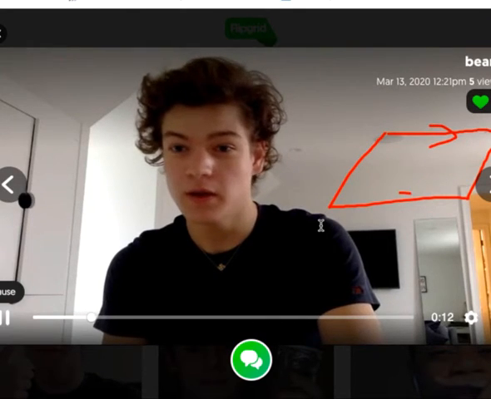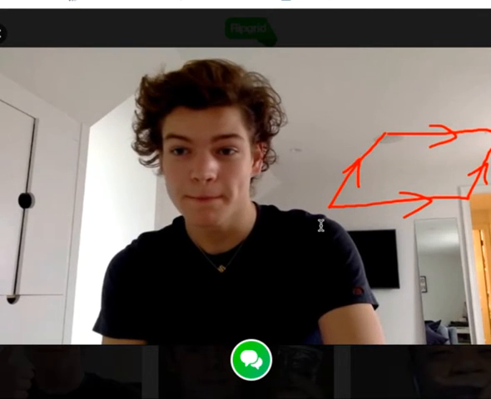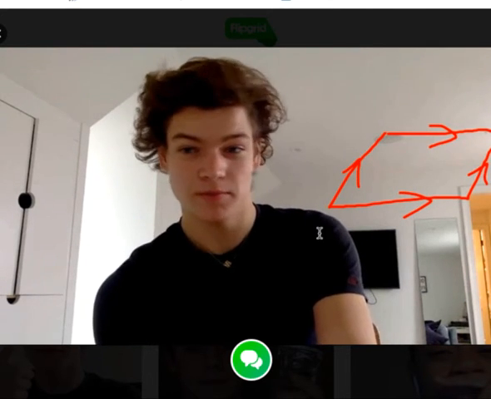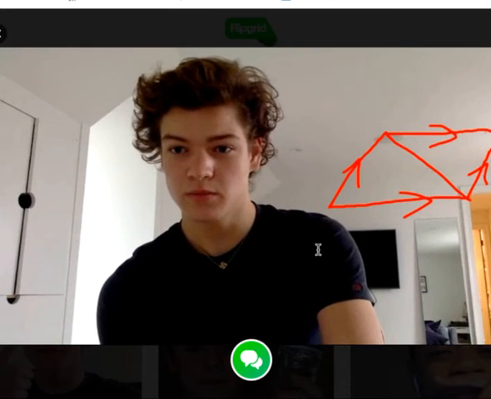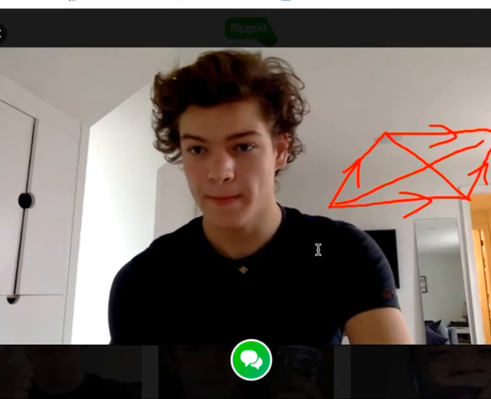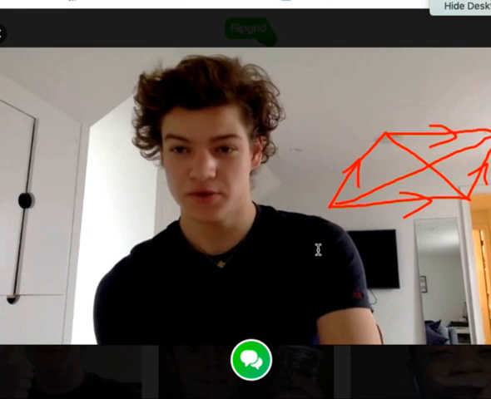These are parallel, and these are parallel. The diagonals bisect each other. The opposite sides are congruent, which